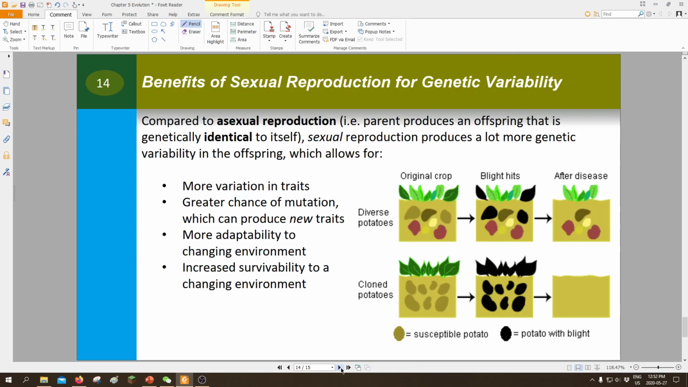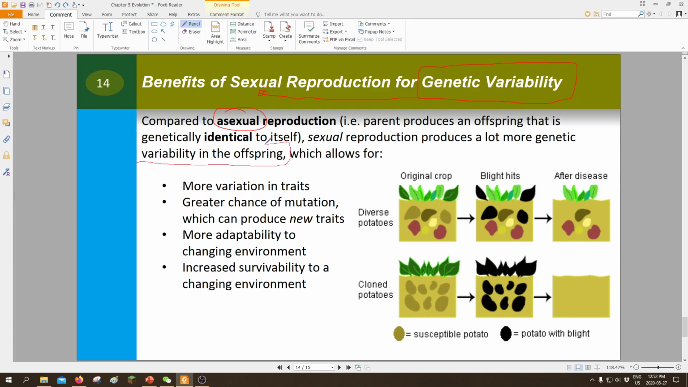Now, with sexual reproduction, we are focusing on genetic variability for populations, which is why we are comparing it to asexual reproduction, okay? So asexual reproduction is basically when the parent makes a clone of itself. It produces an offspring that is identical to itself. When this happens, every single organism or individual in that population is exactly the same. That is asexual reproduction. Sexual reproduction, on the other hand, produces way more variability